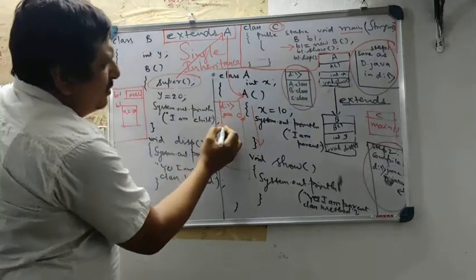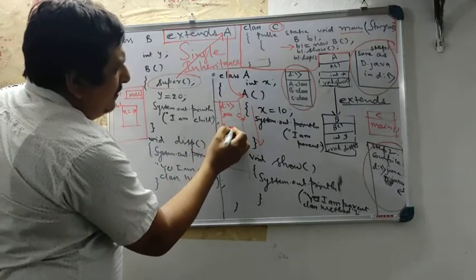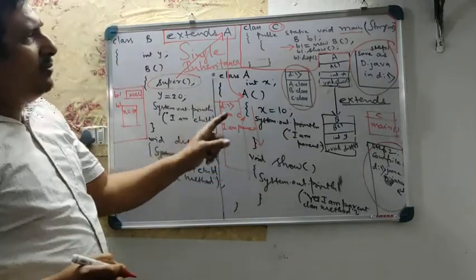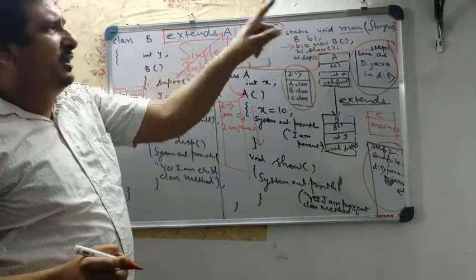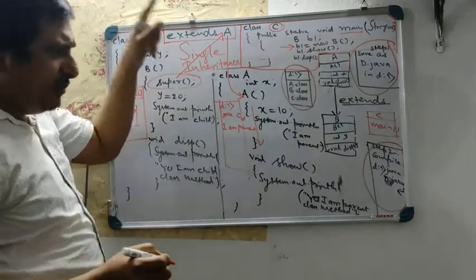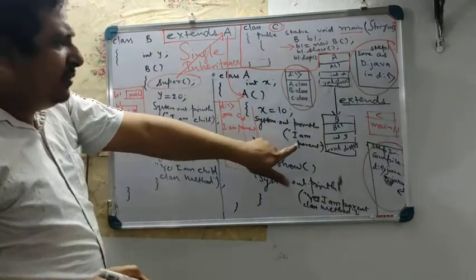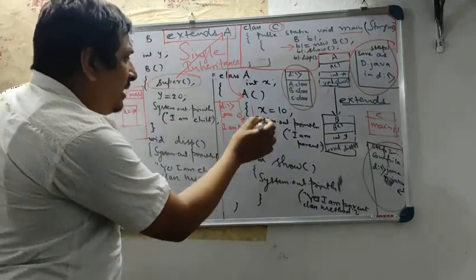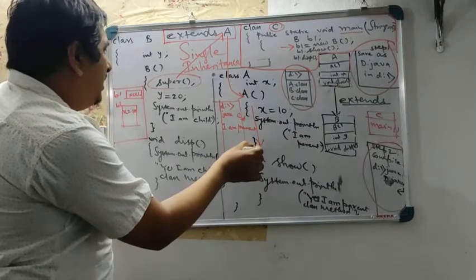So in the output I will get I am parent. Even though I am creating the object of the child class, it will first call the constructor of the parent class. So it will print I am parent, and then once it is completed, it immediately goes to the next line